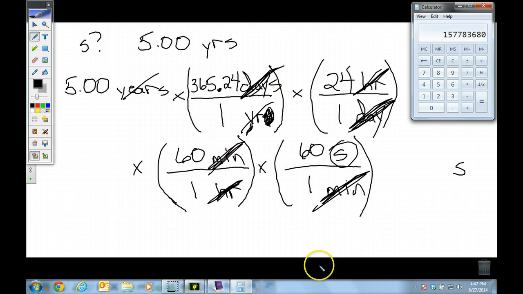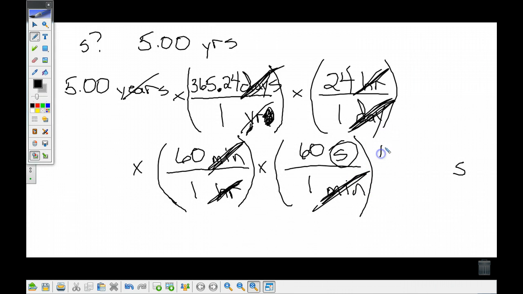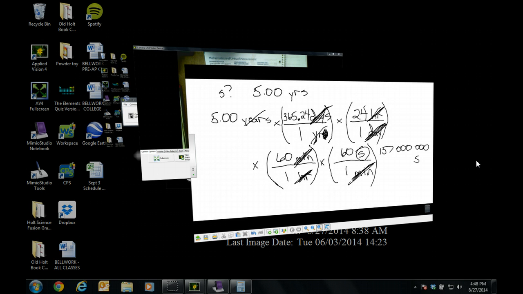So sig figs don't matter here, but this is a measured number. I didn't say 5, I said 5.00. This has 3 sig figs in it. So if we're going to write this with the proper number of sig figs, the answer is 157 million, but we want to write that with 3 sig figs. And if we write that with 3 sig figs,